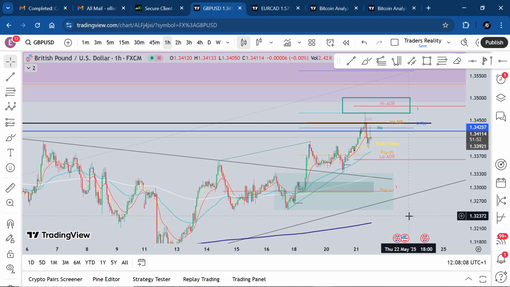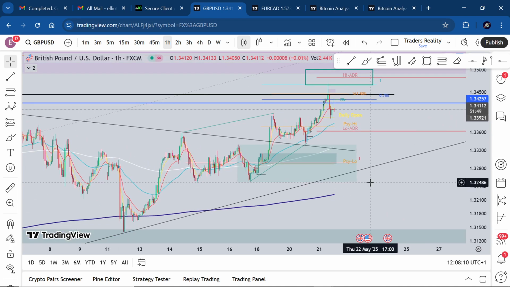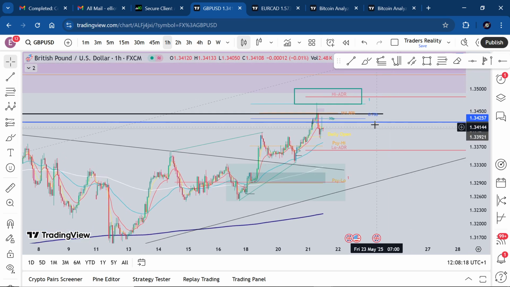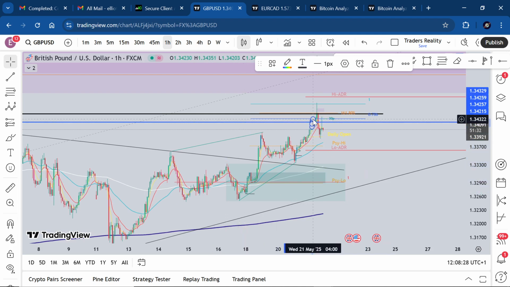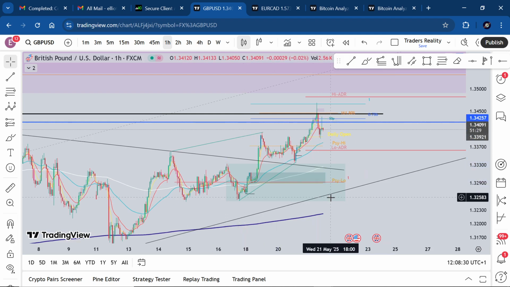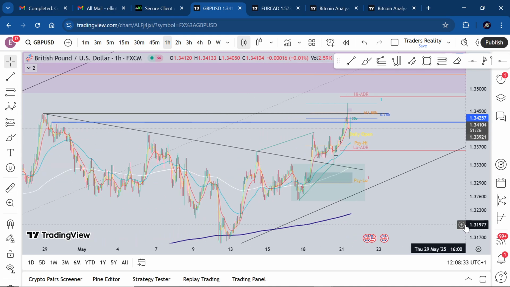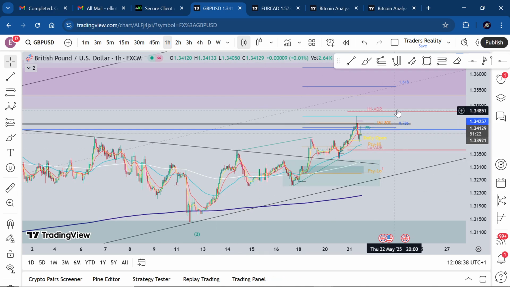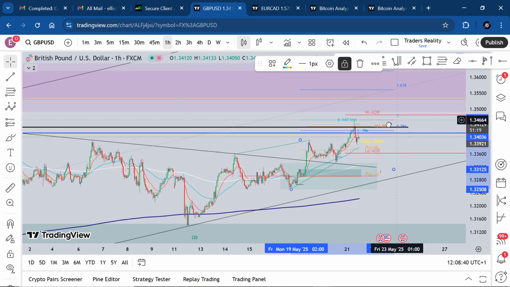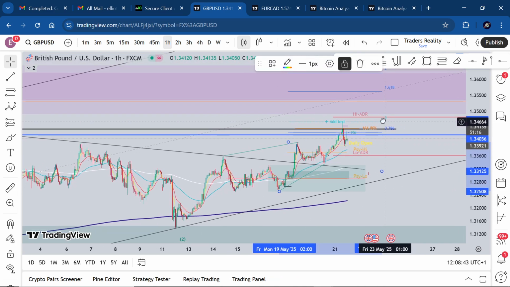Potentially a leading diagonal on the pound. Yeah. 1, 2, 3, 4, 5. The 1-to-1 is, oh, here we go. So if I look at this, we might have just hit this 1-to-1. Let's just make sure. Okay. We do not have a leading diagonal on the pound, because we went and hit that 1-to-1. I would be more patient with the pound now. Unless